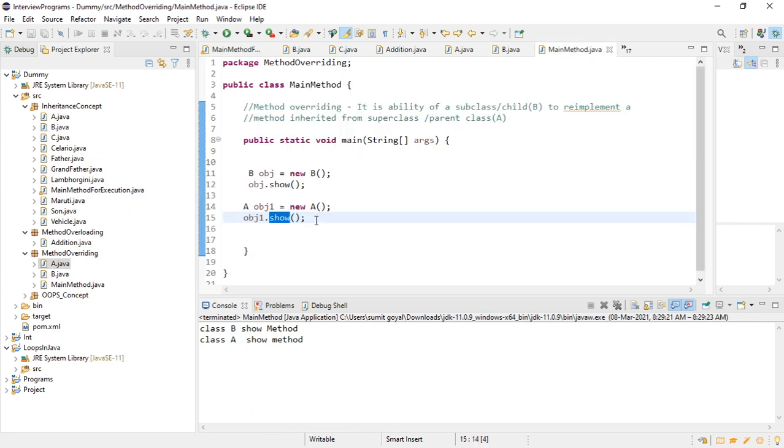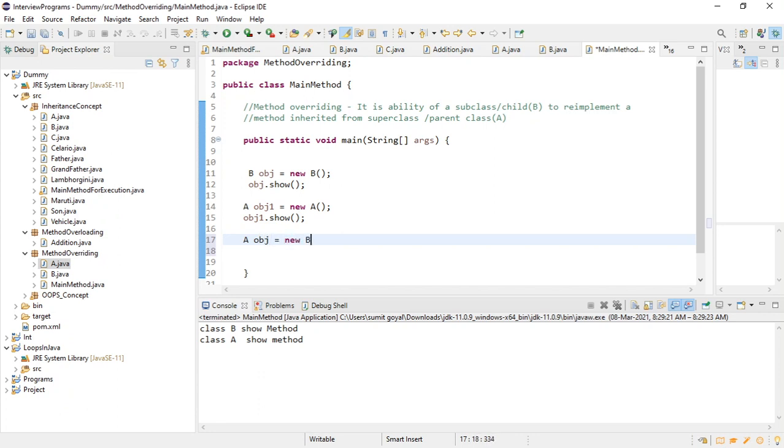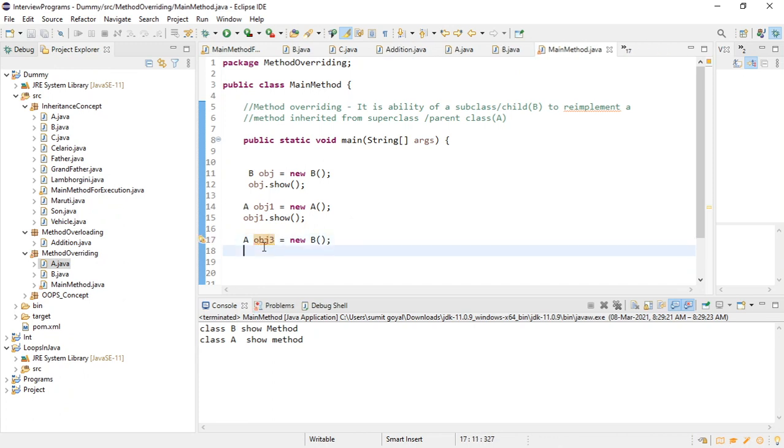And suppose I do like this, A obj equals new B. So here the method names are the same. Let me take it as obj3, right? And if I say obj, so here what is the case of upcasting?